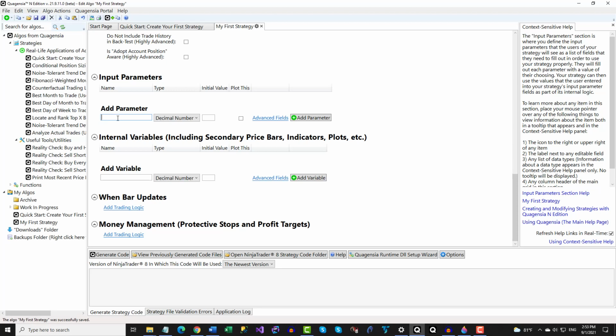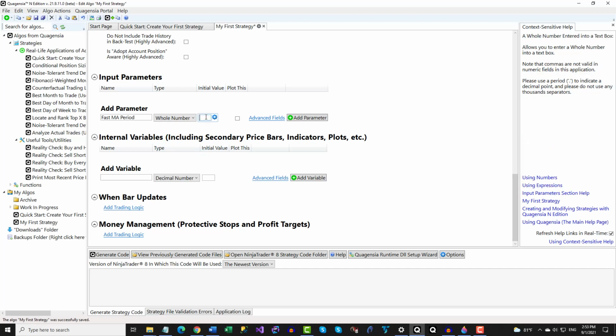We will be creating a basic moving average crossover strategy, so let's create input parameters for the periods of each moving average. Name the first one Fast MA Period. Change its type to Whole Number.